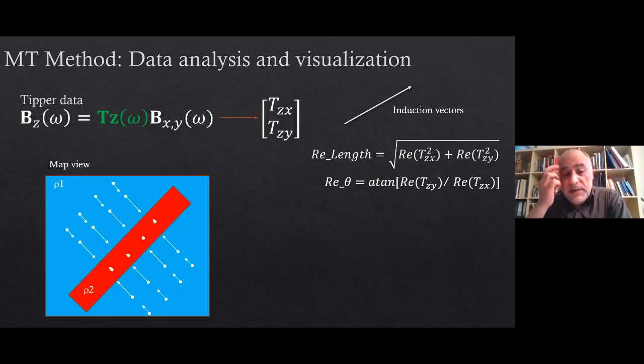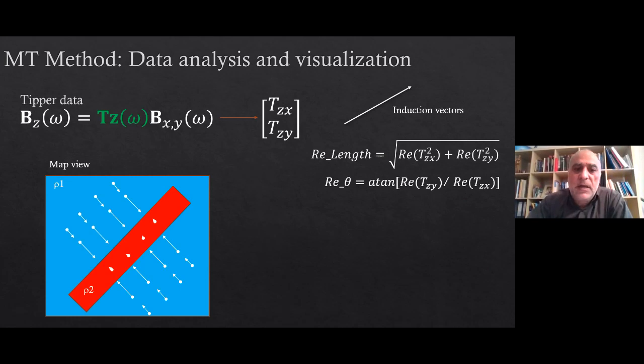But to simplify things here, imagine that you have, this cartoon is showing a map view of a resistive background, rho 1, and we have a conductive anomaly that is elongated in the southwest-northeast direction, and you have a couple of MT sites. If you measure the vertical component and present it as induction vectors, you will see that such vectors point toward the conductive anomaly. In the physical context, they are pointing to a high concentration of the electric current, in that case,